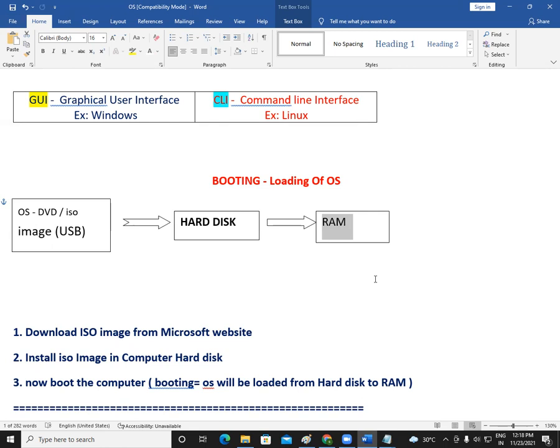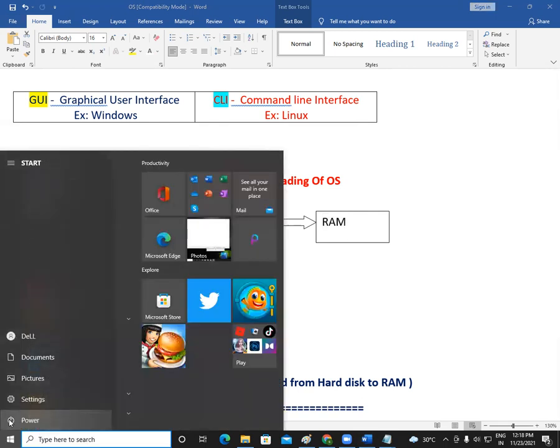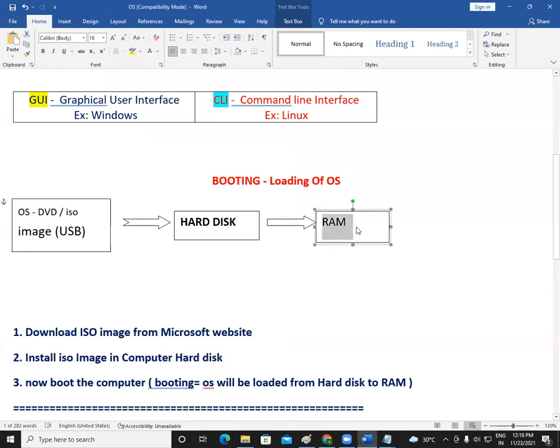You know, sometimes due to power failure, due to power cut, the machine will go down suddenly, right? There is a proper way to shut down this machine. Just go to the power option, and there is a shutdown option here, right? So we can shut down. When you say shut down, you're asking the operating system, which is there in RAM, to go back to the hard disk, your permanent storage.